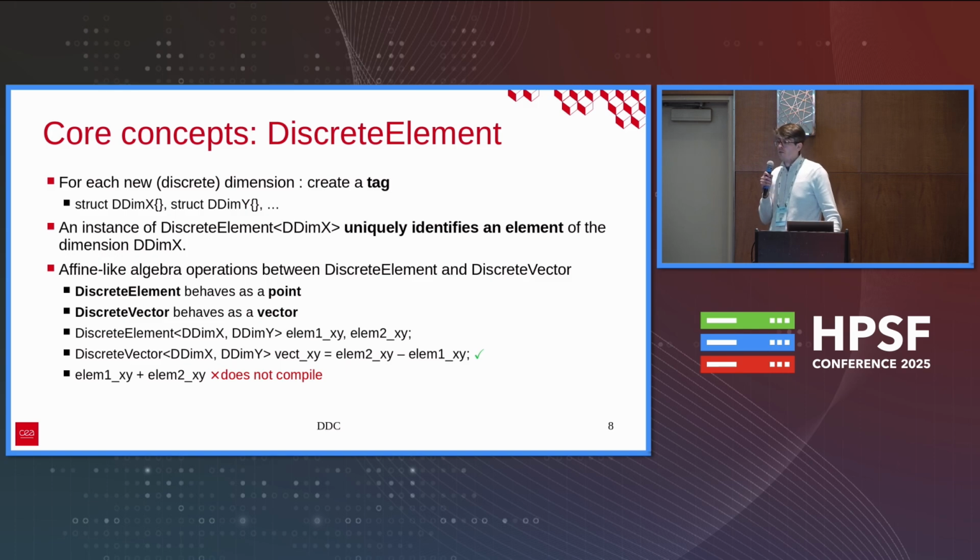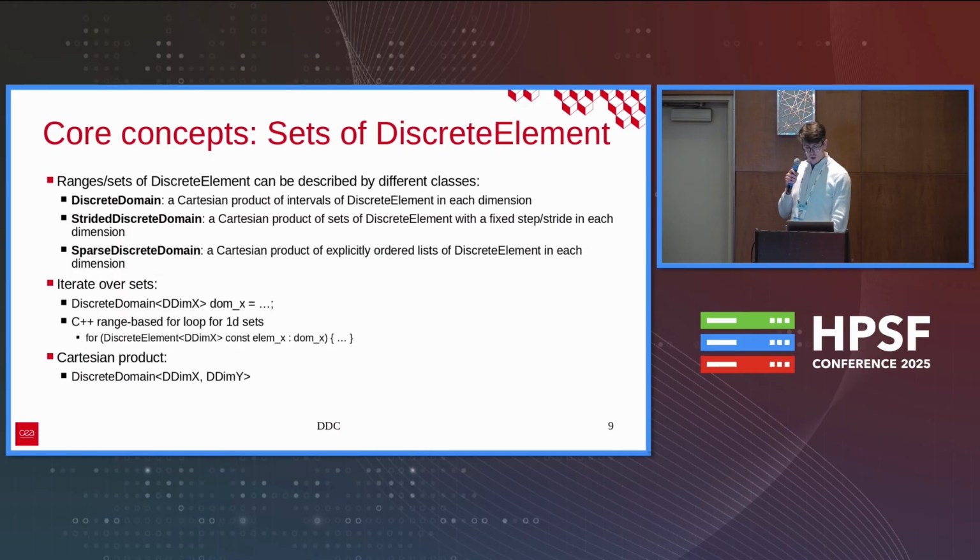The discrete element behaves similarly to a point in an affine space, and we therefore also define discrete vector, which will semantically represent a vector as in a vector space. So we also have some algebra defined between the discrete element and discrete vector: addition, subtraction. So we have discrete elements,